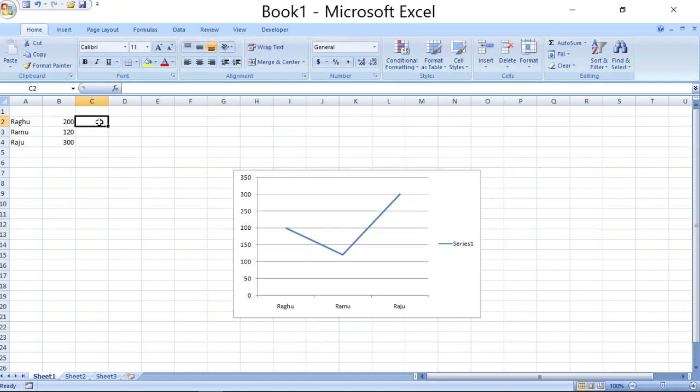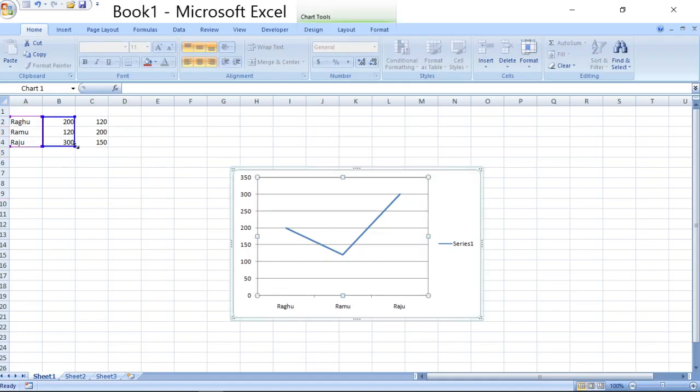If you include another column of values, then it is going to display one more curve series on the chart. So if you want to include more data later after creating the charts, that is also possible.